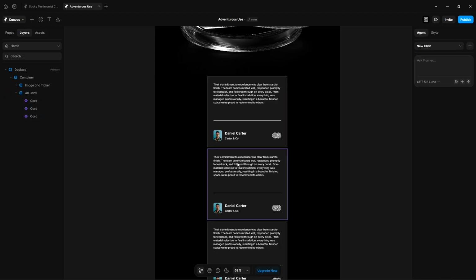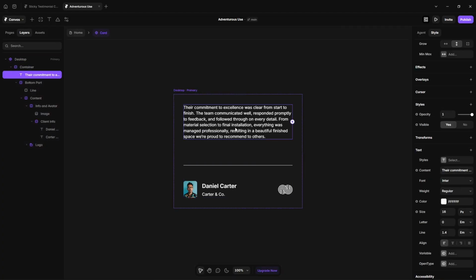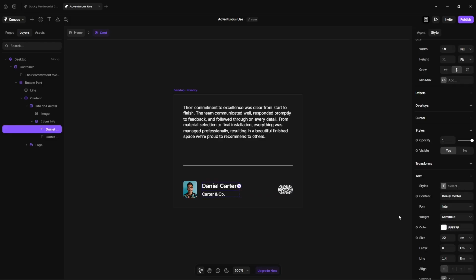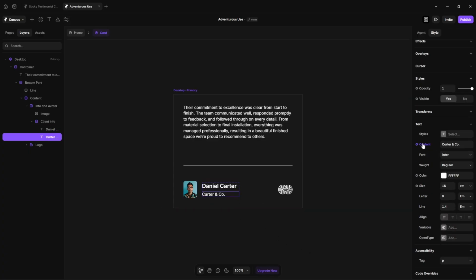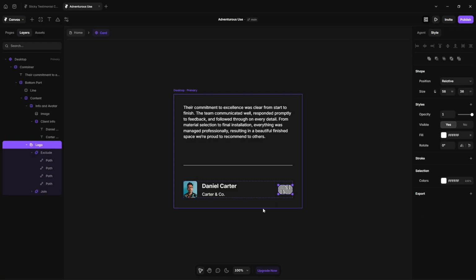Let's update the content here. So for this, click here and we need to create variables for content. So double click on it, click here, content, plain text, name it paragraph. As for this, client name, company. As for this, we can't create variable here for this logo because it's a SVG file and we don't